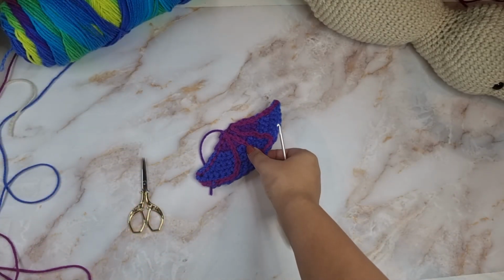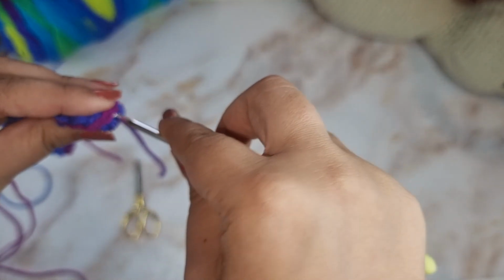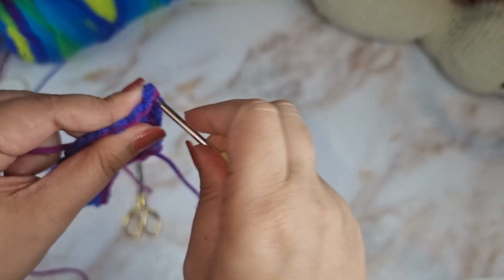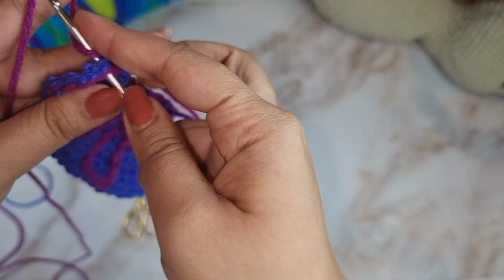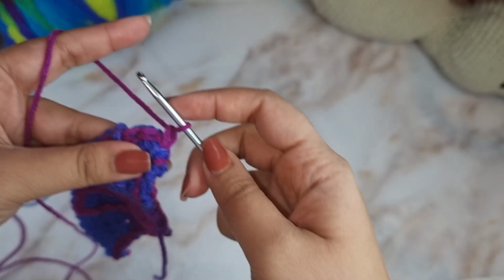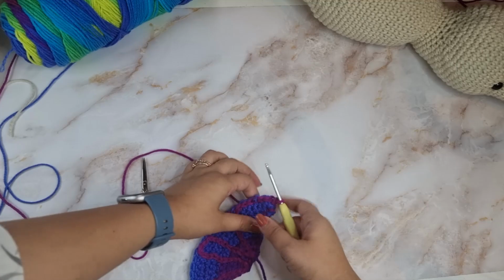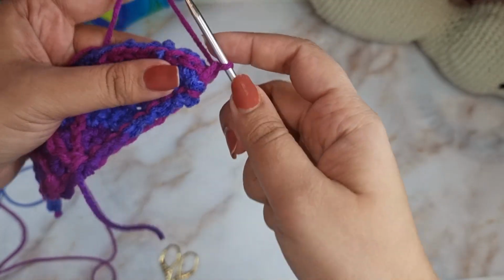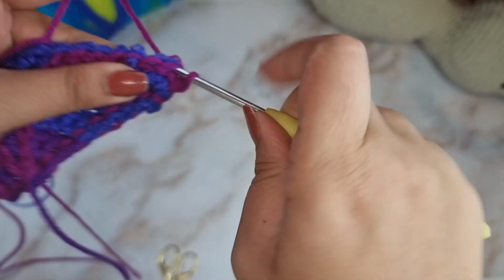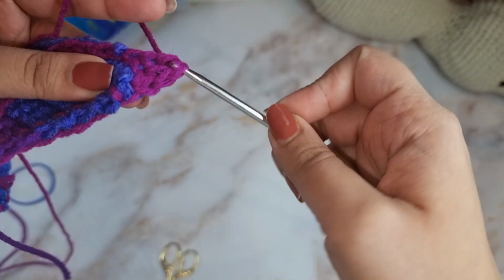Now you can snip your yarn off and you can reattach it to the end, which is the corner right here. I'm just gonna grab my yarn, reattach it, chain 1 to attach it in place. Now we want to create a wing pattern around this. You can do any pattern you like. I just like to put in a single crochet, into the next one I'll do a double crochet,